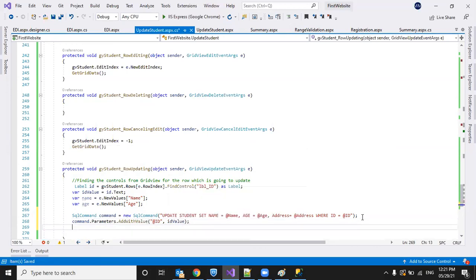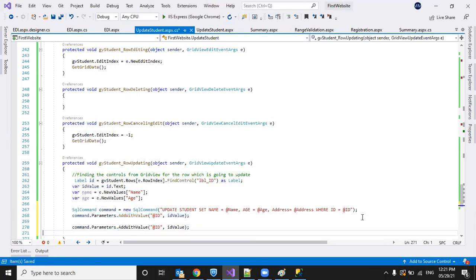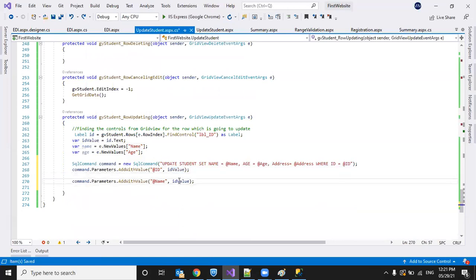Like that I can repeat for each parameter. Next, @name. I have this value in e dot name, so I can use this directly, or I can get it into some property variable and find that here. So this way we will get the new values, prepare the command, and execute that command.